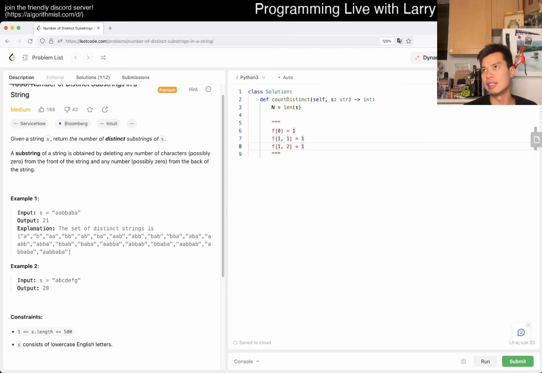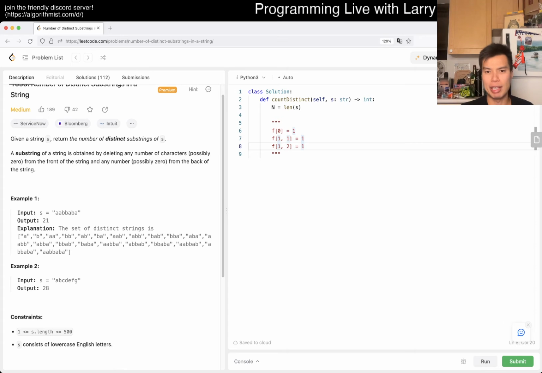Okay, so I think the idea is that you want to count all the prefixes that aren't a duplicate, and it would be a duplicate if it matches the last time that this character has a thing with. Is that true? Like if you have an A, then